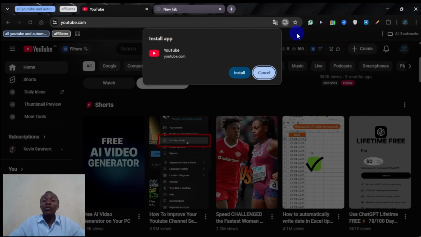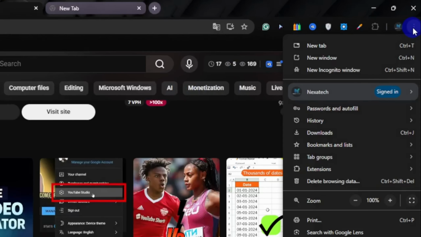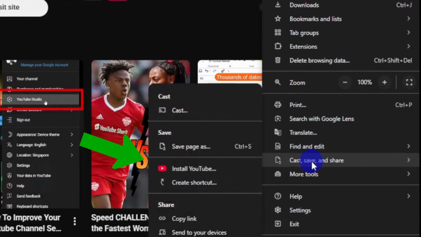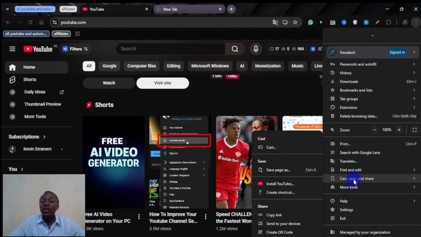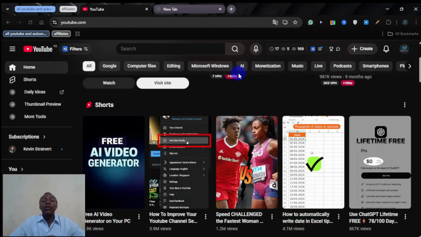The second option now involves you going to the Windows customization menu using these three dots. When you click on it and scroll down to cast, save, and share, you will also see an option to install YouTube on your PC. When you click on the option, there's an option now to install YouTube on your PC. When you click on it,